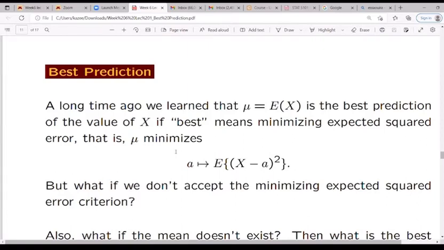But if the criterion you want to use is the absolute error loss, then of course you're going to use the median, because when the mean and the median were compared in that regard, the median minimized the absolute error loss better than the mean. And when it comes to expected square error loss, the mean did a very great job compared to the median.